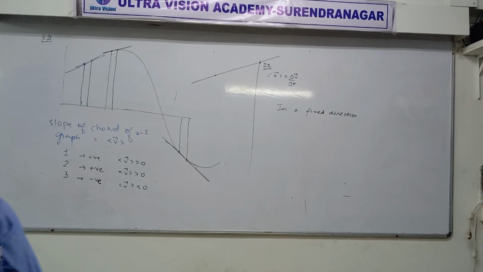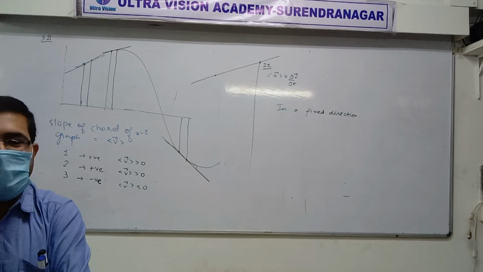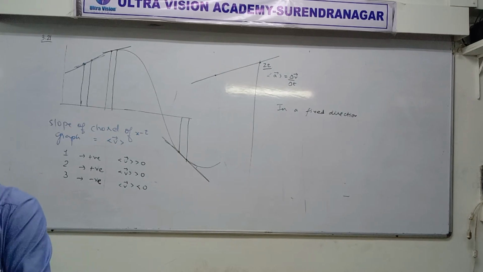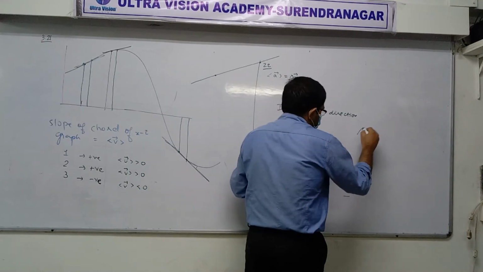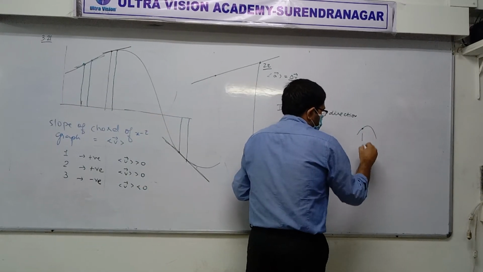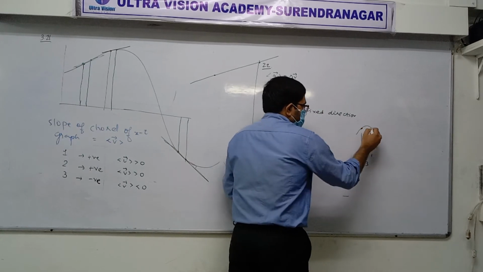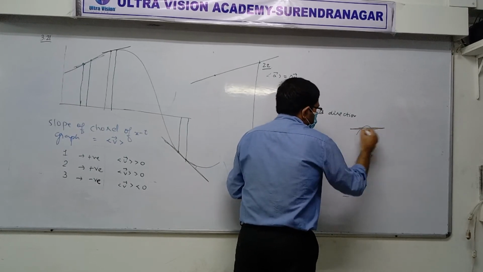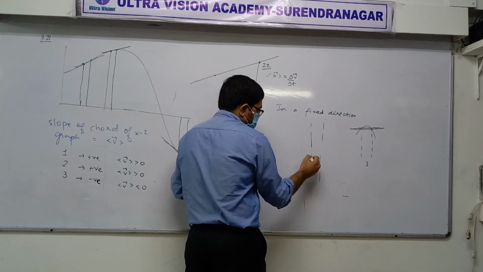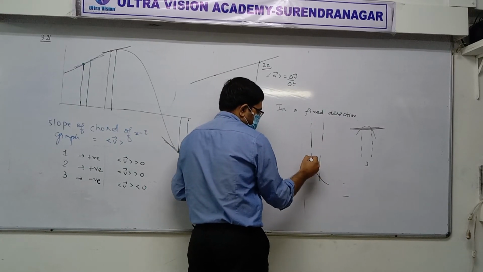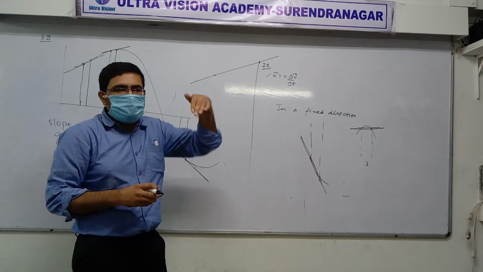Here at D, the speed is maximum. Do you realize that, everyone? At D, the speed is maximum, but the slope of the chord is not that much, because over here at D, the interval is something like this, the third interval. Yes or no? So if you draw a chord, the slope of that chord is not that big. But if you look at the second interval, it is more like this. Yes or no? Here the slope of the chord will be steeper.